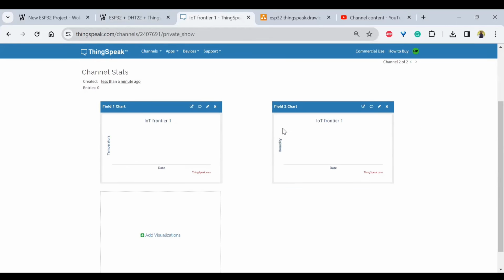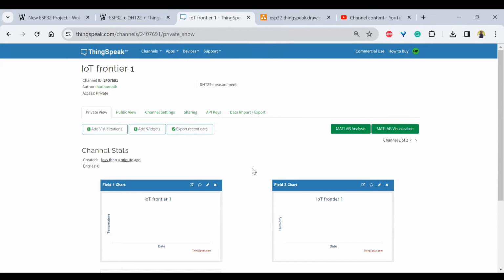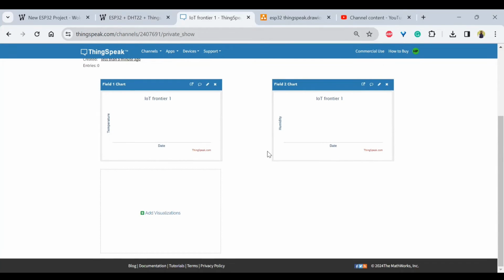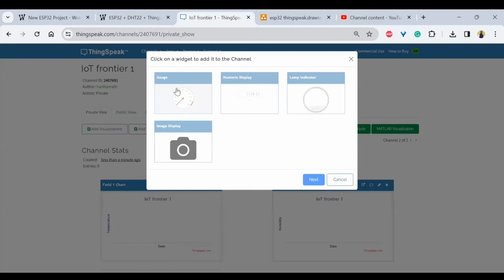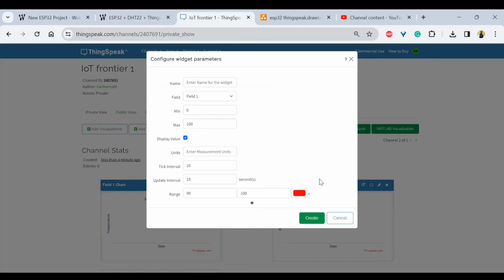So once the channel is created, you will be having two graphical charts that appear. And if you want to create more than these charts, if you want to create a gauge, then what you have to do is click on add widgets. So click on the gauge, and next here you will be having what is the name.